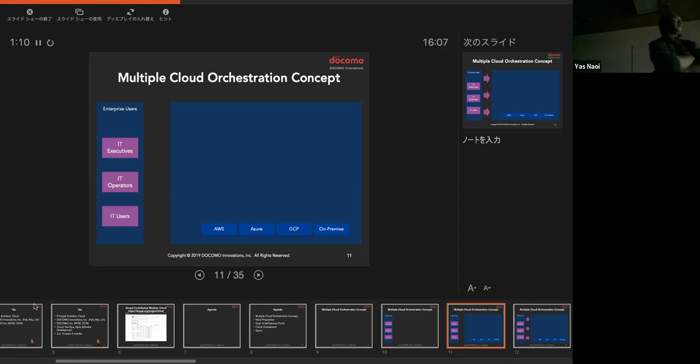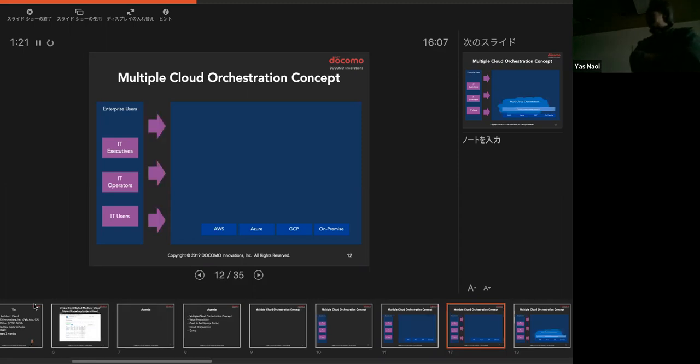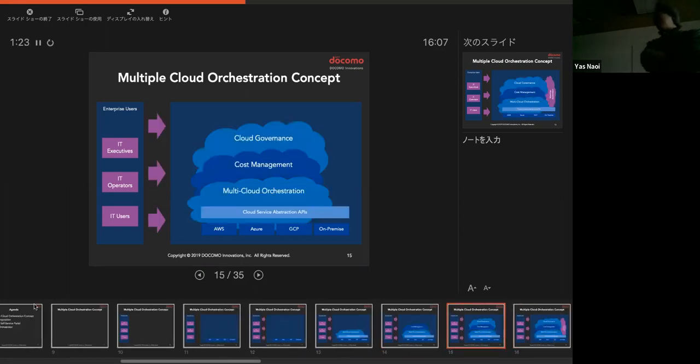And we have an on-premise OpenStack cluster. It's very huge, I think maybe more than 1,000 servers in a data center. So we want to manage the multi-cloud, the orchestration.